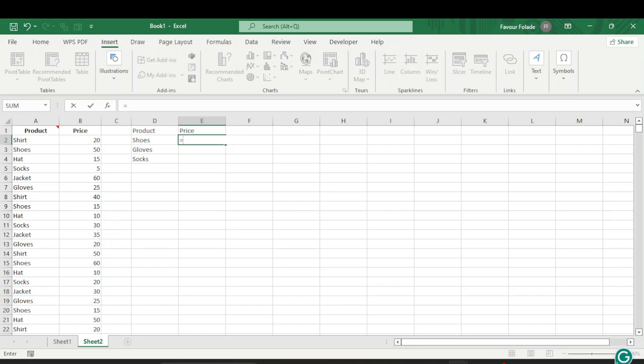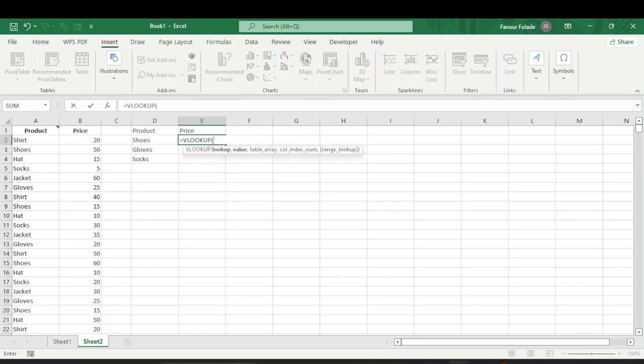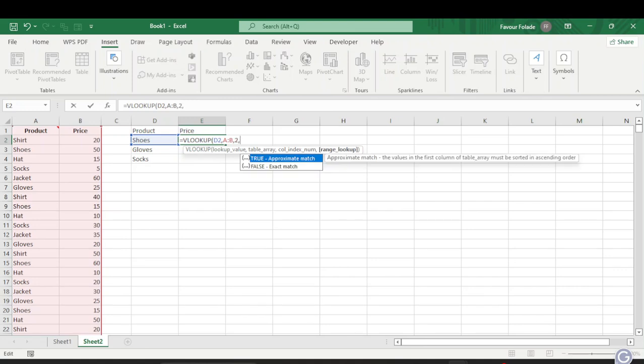Let's quickly write out the formula again. We have our lookup value here, and then our table array. Don't forget, once you click on that arrow, you drag. Can you see that 2C? That C stands for column, so that 2 there is the column index number. So you drop it and you have your comma, and then that 2, you add it, and then we have